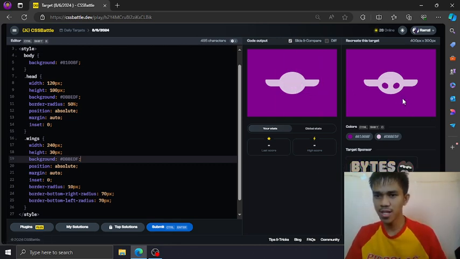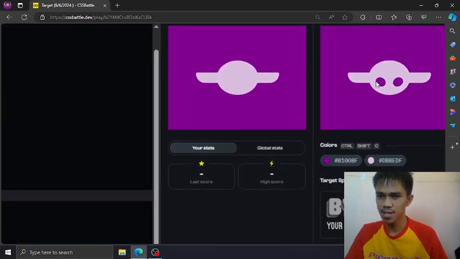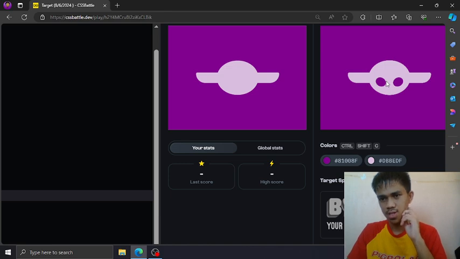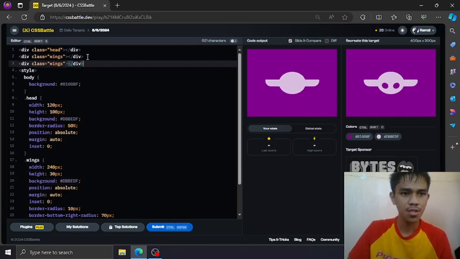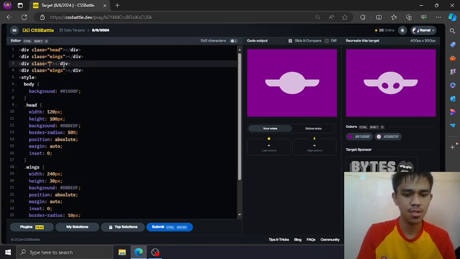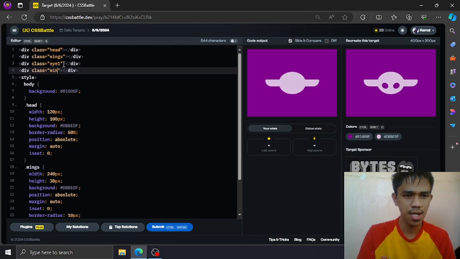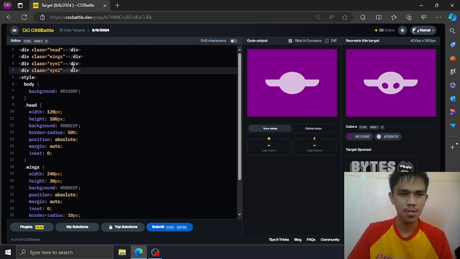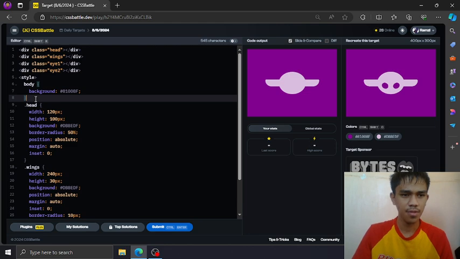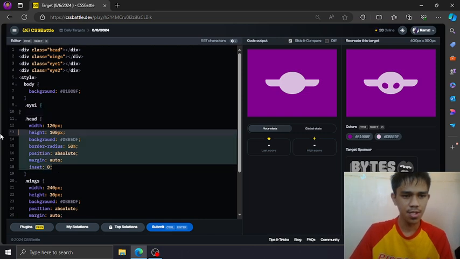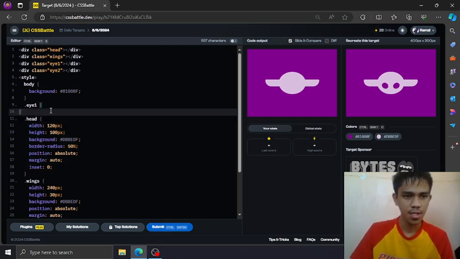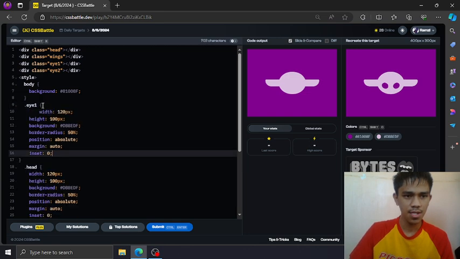Now all that's left is the eyes here. We can do a normal circle here. Yeah, normal circles. This is I1, and this is I2. So first off, I1, then copy this head, paste it to the eye.